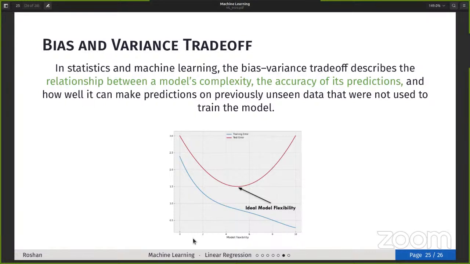So here, the y-axis has the error. This is the test error, and this is the train error. And this is the model flexibility. Here, flexibility